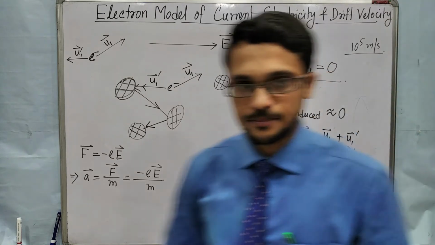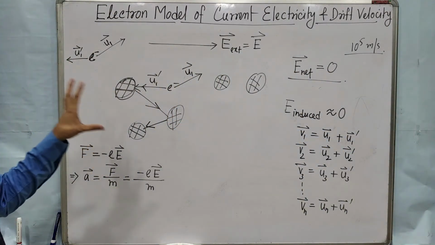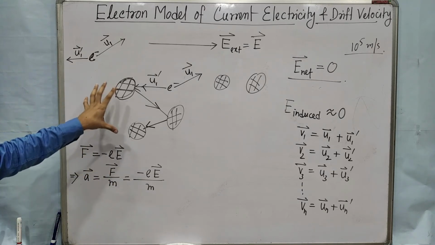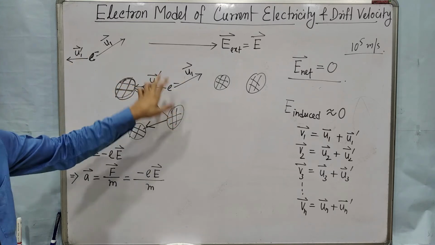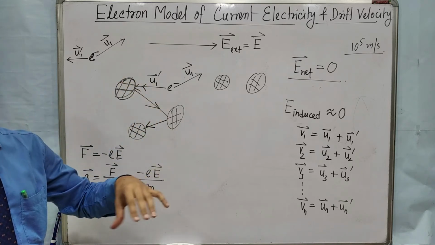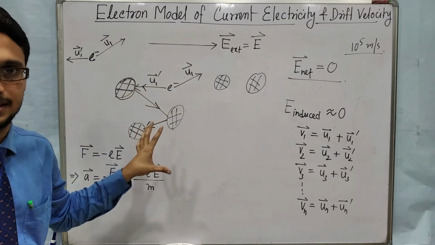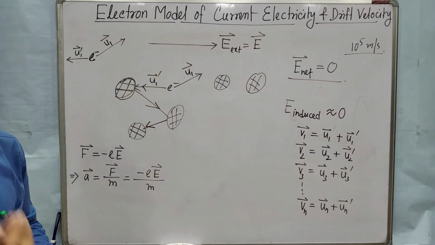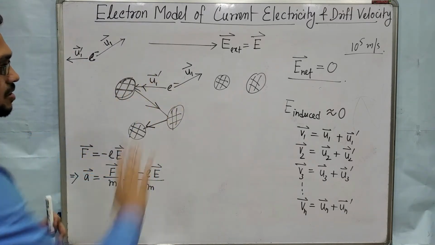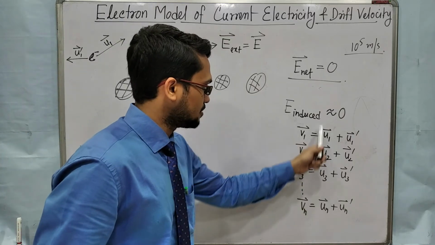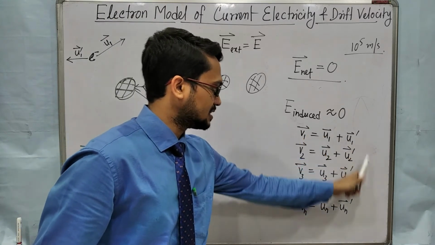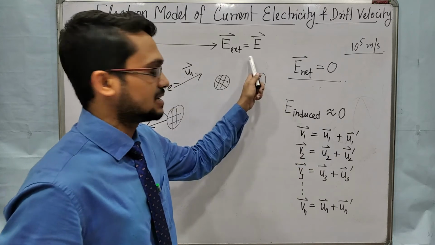So on average, the velocity, the average velocity of each electron, will be affected by these collisions. Its velocity will not be very high due to these collisions. Average velocity will be very small because of this collision, because the average of this thermal velocity will be cancelled out. At the end it will be cancelled out. Only the remaining part is the prime part, and the prime part is due to the external electric field.